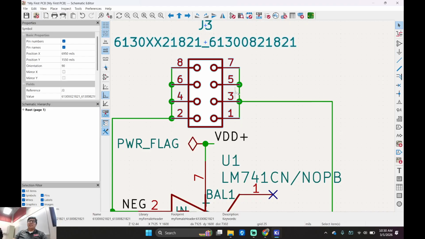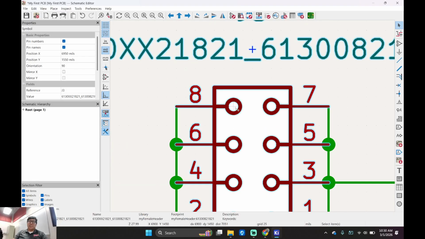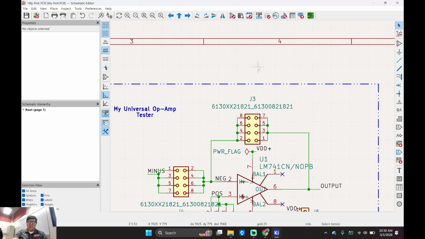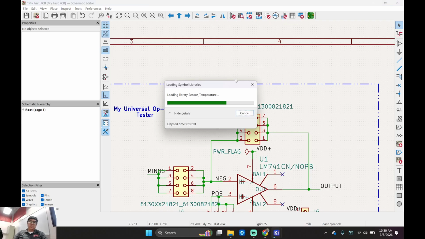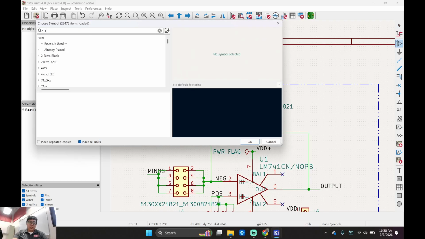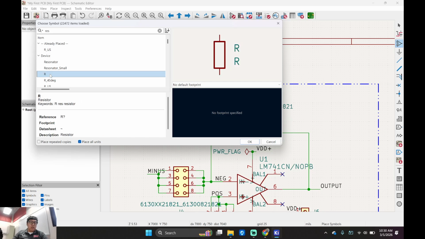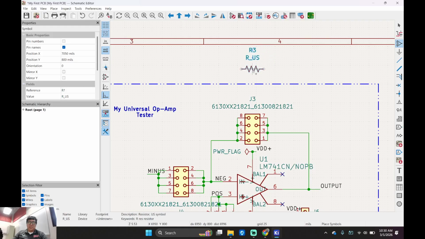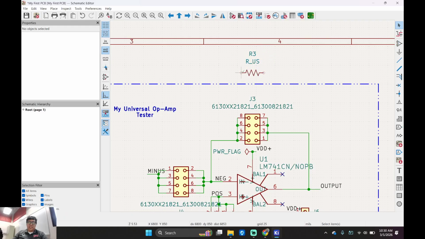Do you know why? So that I can put a resistor here, right? From here to here, right? Or I'm going to do it for you guys too. If I add a component, A for component, don't do this, okay? I'm just showing you as an example. Res, R, American, because that's what I know. Okay, see this? Copy, boom, boom, boom.